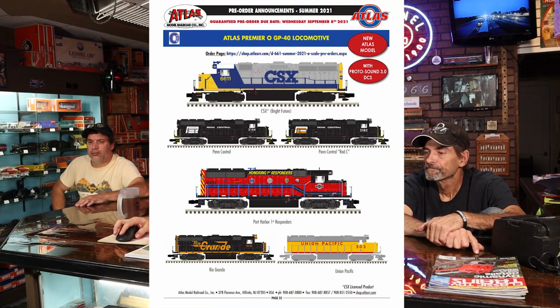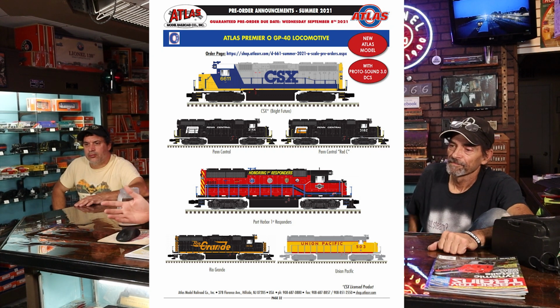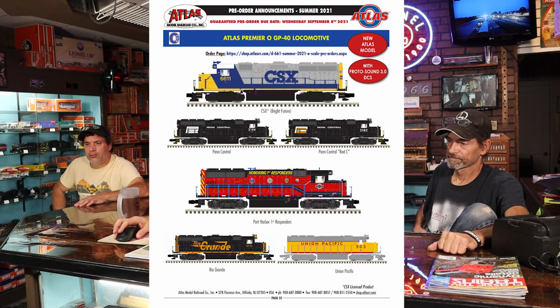Nice looking cabooses. And then the O scale, once again, the GP40s. Same thing there. Yeah, all similar. These are Penn Central, and these are the MTH Premier Diesels, and they'll have the Protosound 3